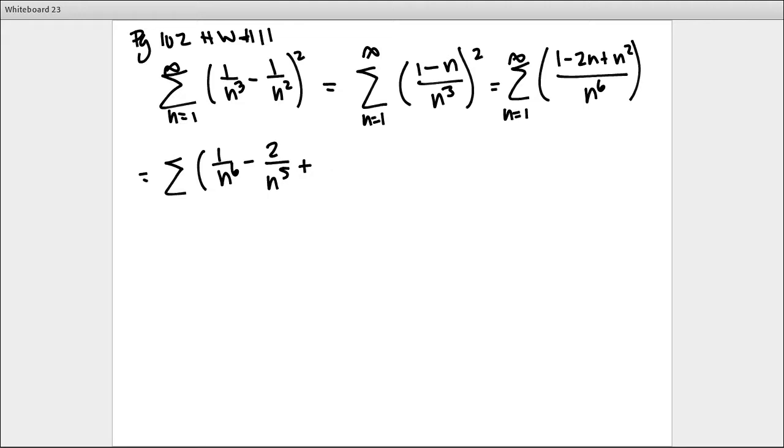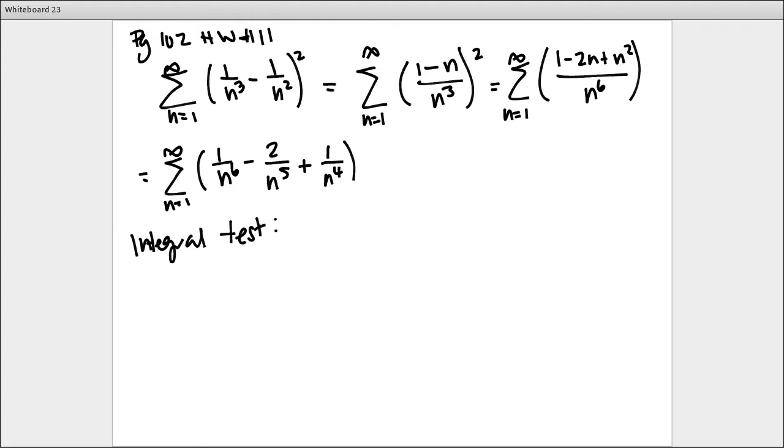Go away. 1 over n to the fourth. And how would I do that one? Well, I would do the integral test. Yeah, by the integral test,